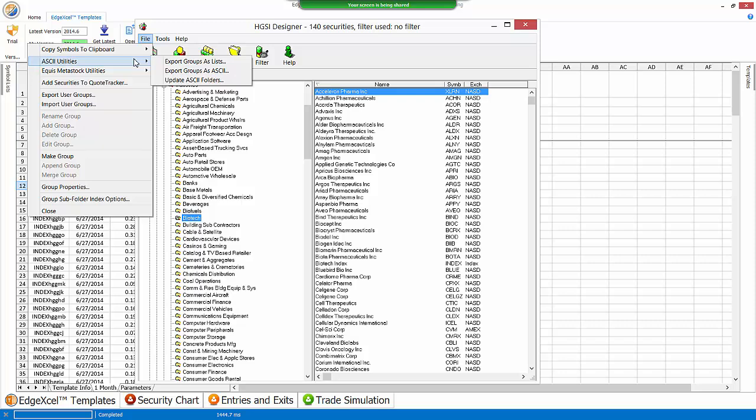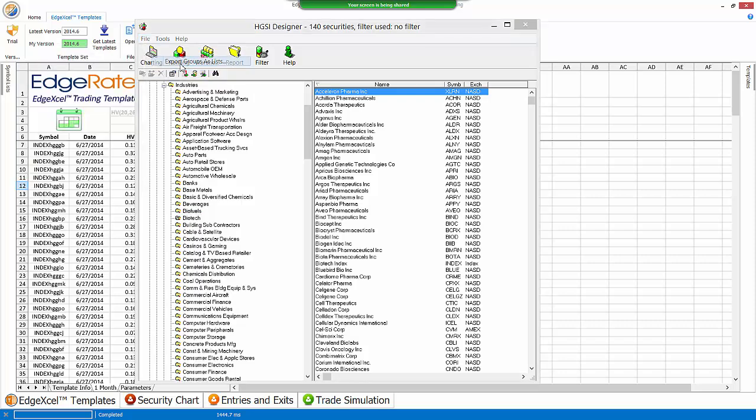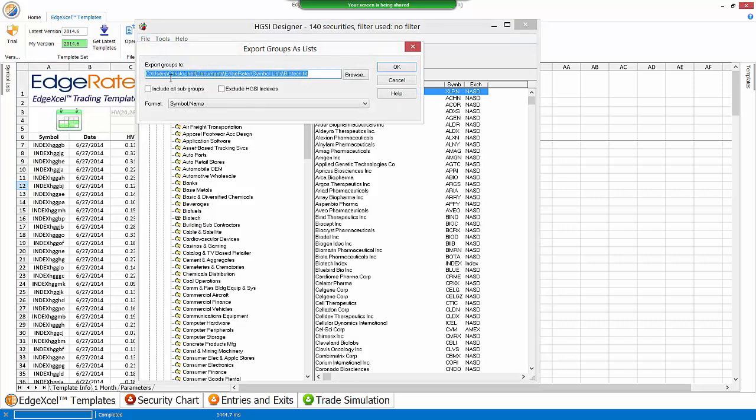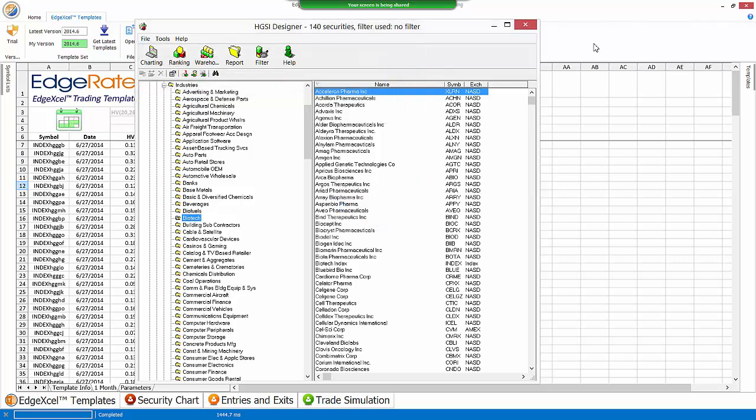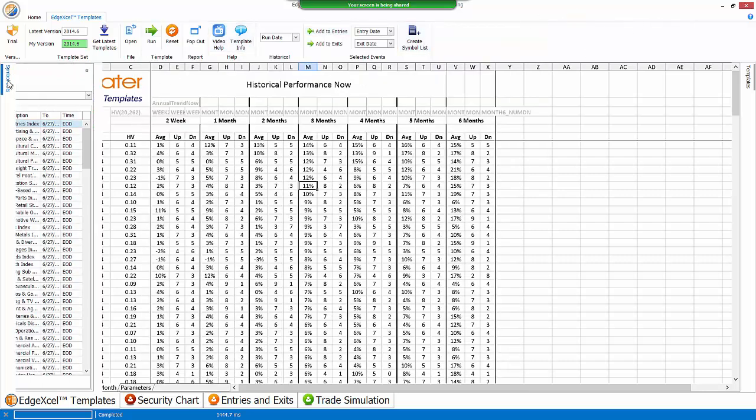The only reason I had to do the Metastock export for the indexes is that you can't read them directly from the HDSI database. You have to export them first. But for the stocks, I'll just do ASCII utilities export group as list. I'll put it into, it's already set up to the right folder under EdgeRater symbol lists, and I'll just click OK. And then it should just appear